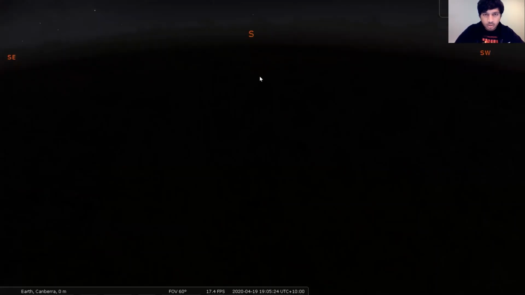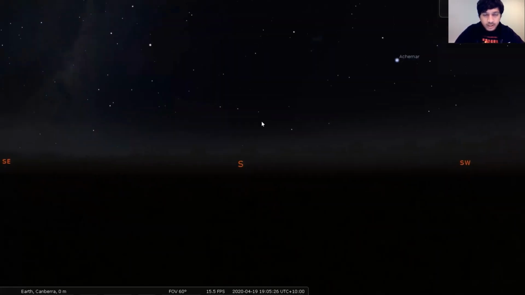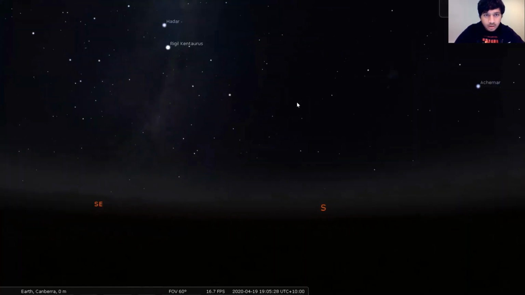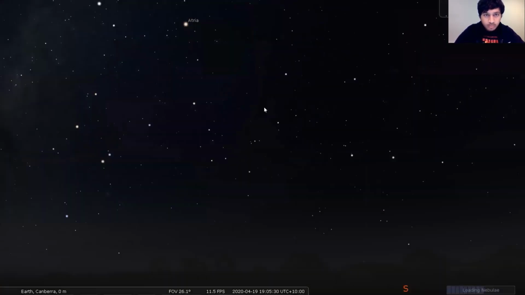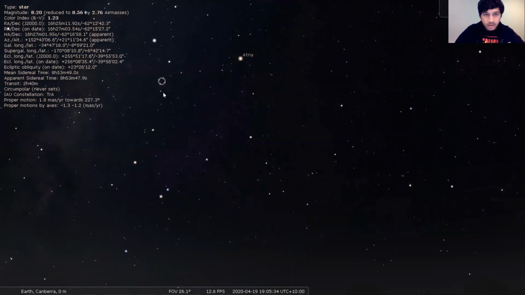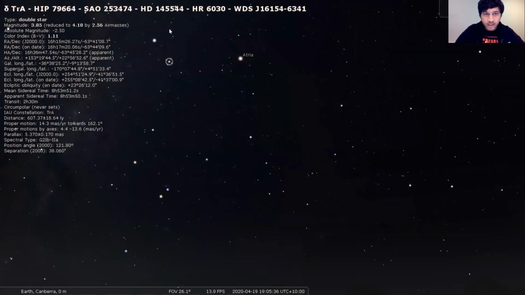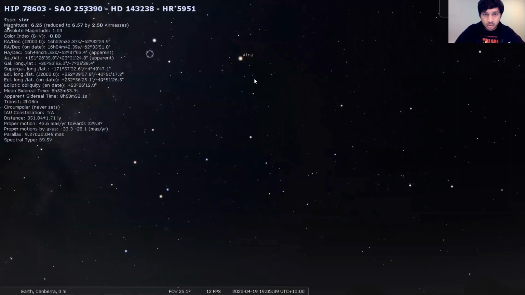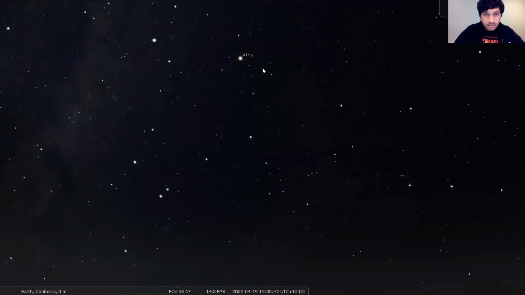Okay guys, so I think there are a couple of things that I should mention at this point. An important thing to remember, if you click a star and if you click elsewhere, Stellarium will just keep detecting stars. So you cannot exit this mode merely by clicking elsewhere. You have to use your right click to end this.